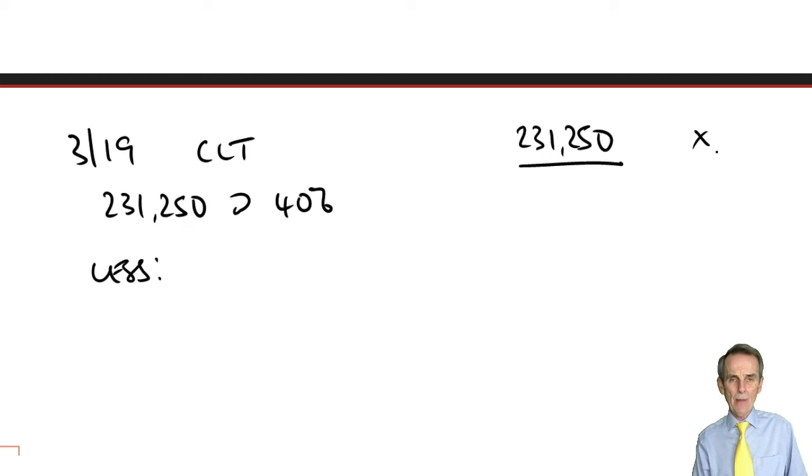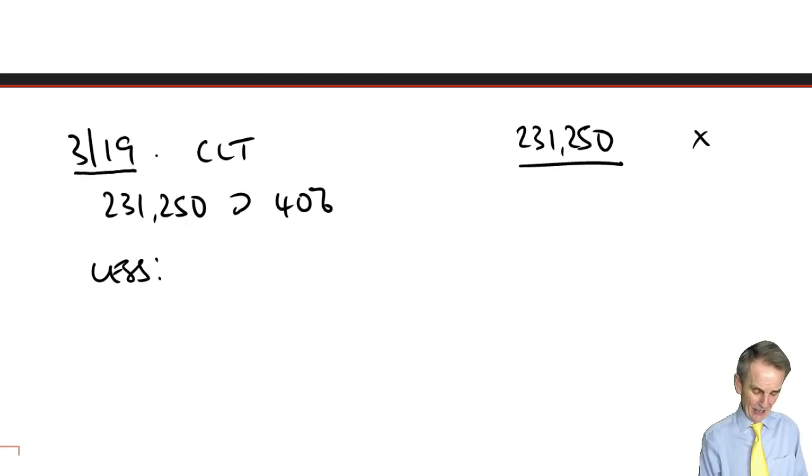Well, what deductions can we make against that figure? Well, March 19, of course, there. Did we survive for at least 3 years? No, we didn't. March 19 plus 3 years would be March 22, died in January 22. So it means there's no taper relief that would be available. But what did happen this time